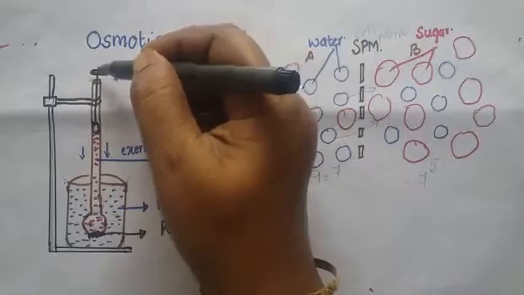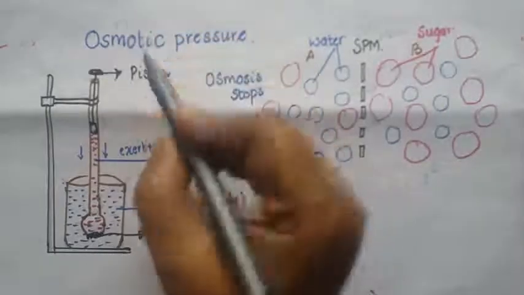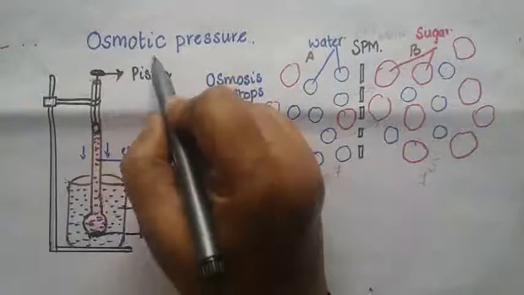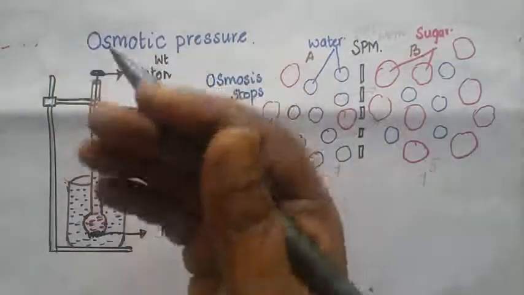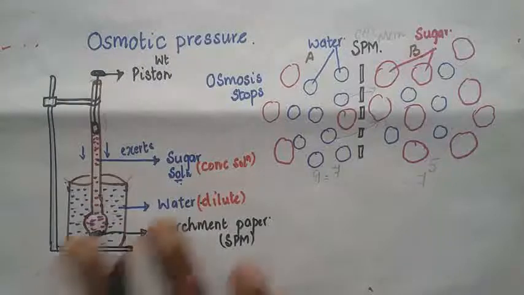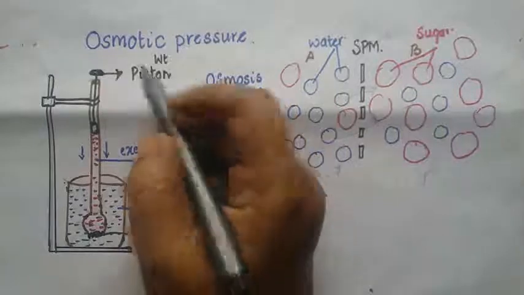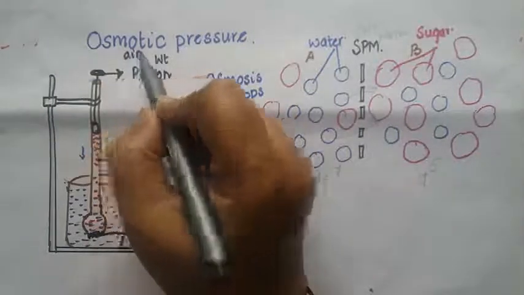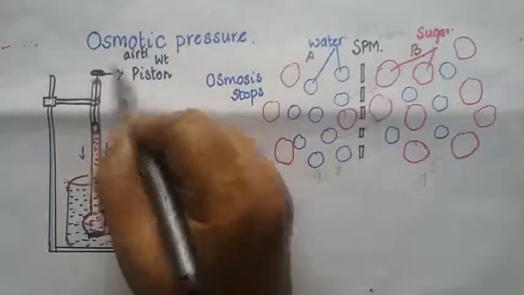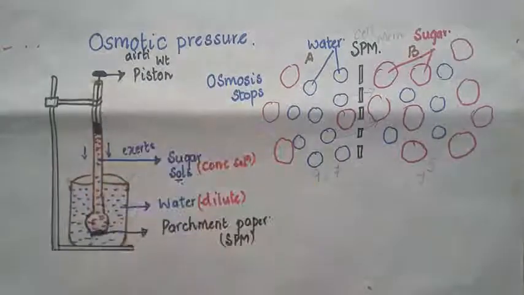So you're going to place this piston into the stem of the funnel, and this piston has some weight. Right? So as soon as you set up the experiment, along with that you're going to place this airtight piston which has some weight into the stem of the thistle funnel,